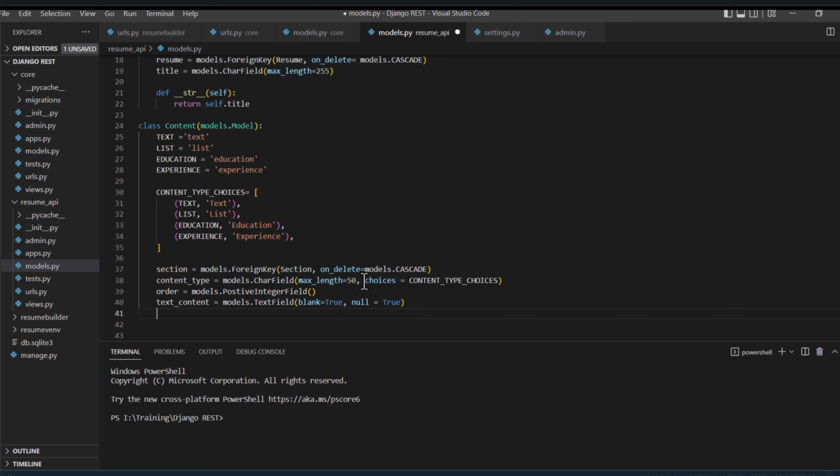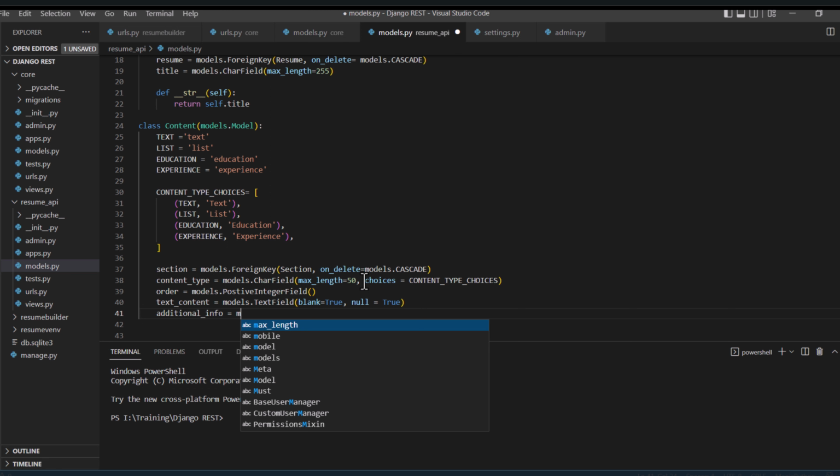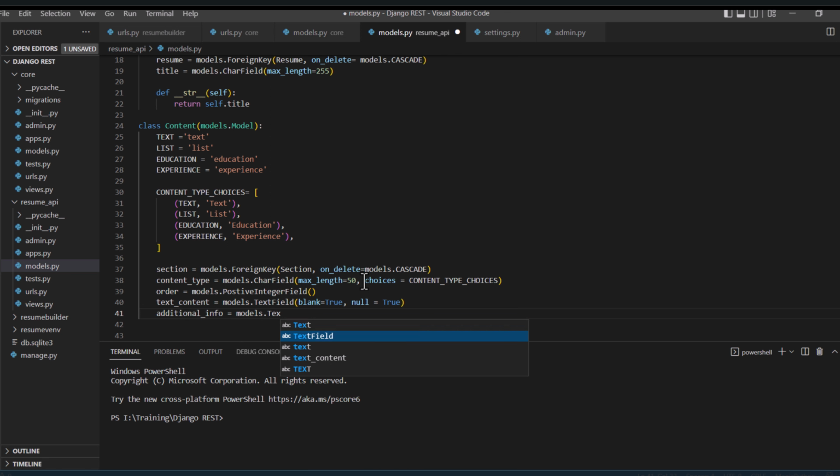Okay, blank equals true, null equals true, and additional info equals models.TextField, and this is also blank equals true and null equals true. It could be blank also and it could be empty also. Okay,